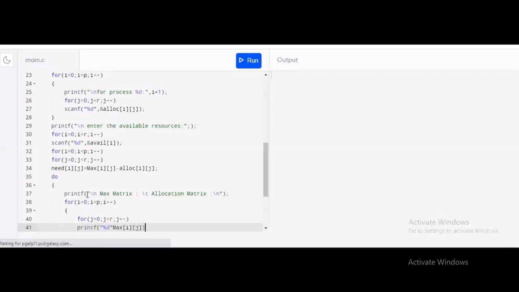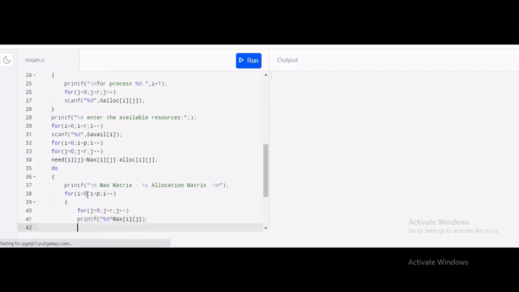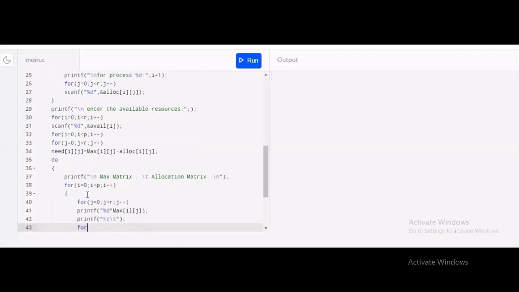Now for some tab space, I will use printf \t\t. It will print both matrices in a very proper form.